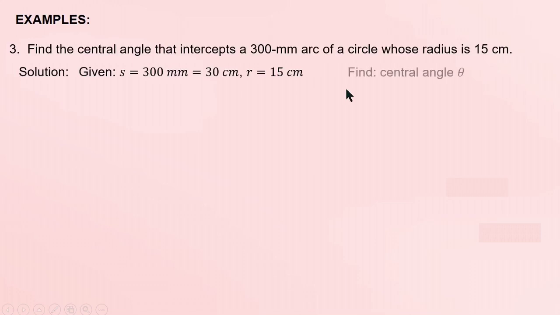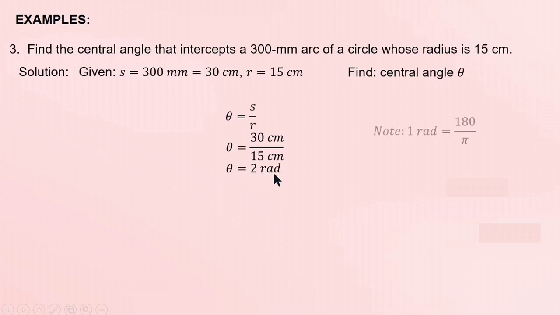Then, we're gonna find the central angle, or theta. Theta is equal to s over r. Replace s with 30 and r with 15. 30 divided by 15 is 2 radians. Recall that theta is expressed in radian measure. Take note that 1 radian is equal to 180 over pi. So 2 times 180 over pi is equal to